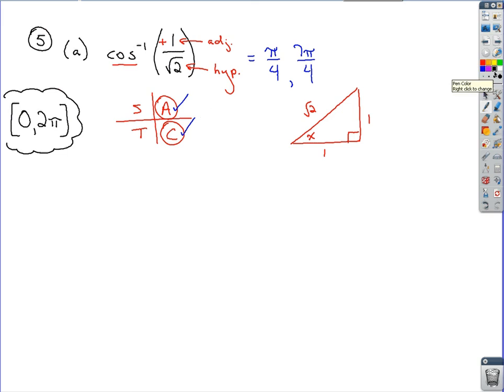I'll try another example. This time we're going to take the inverse sine of 1. Well, staying consistent here, starting with the fact that 1 is positive, consider your quadrants that you're playing with. Talking in terms of sine, first and second would be quadrants where sine is positive. So trying to build a triangle